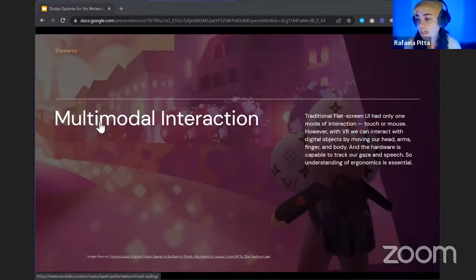It's a multimodal interaction. So you're not in the flat UI anymore. We're not discussing buttons. We're not discussing inputs. It's not simple things. They're elements and they're complex. So I think the first step in thinking about a design system for the Metaverse is literally thinking about how the universe is today, as we're touching and interacting in the real world. Every material that we combine to create something else is also going to be like this in the Metaverse. So how can we expect those little elements to become a design system?